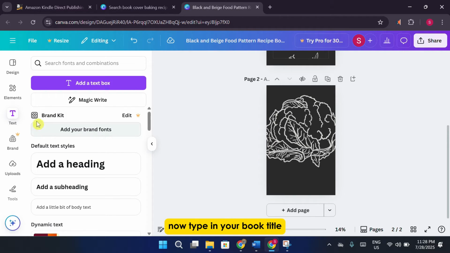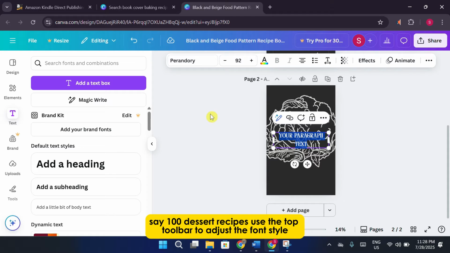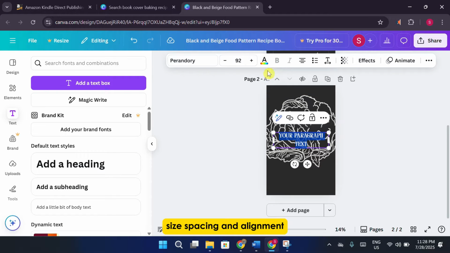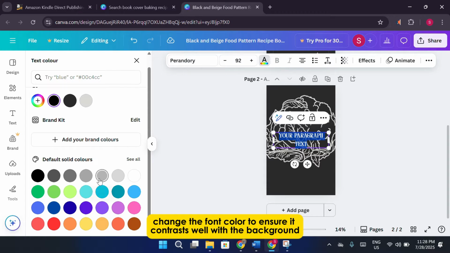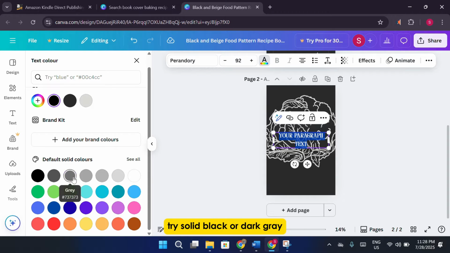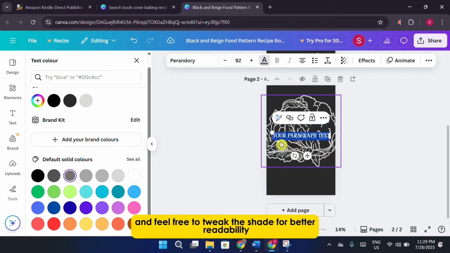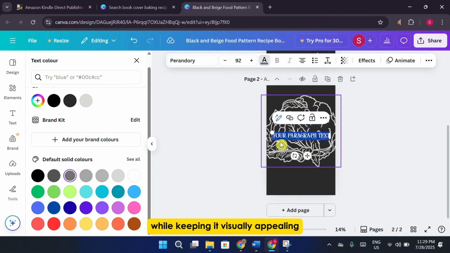Now type in your book title, say 100 Dessert Recipes. Use the top toolbar to adjust the font style, size, spacing, and alignment. Make the font bold so it stands out. Next, change the font color to ensure it contrasts well with the background. Try solid black or dark gray, and feel free to tweak the shade for better readability while keeping it visually